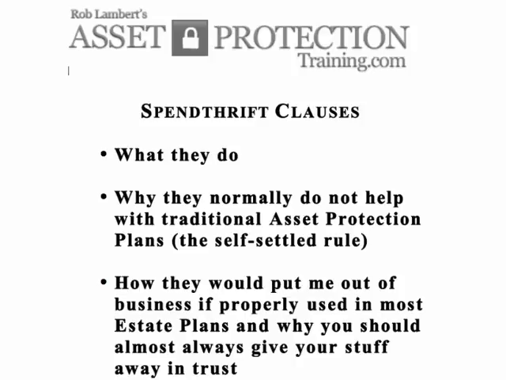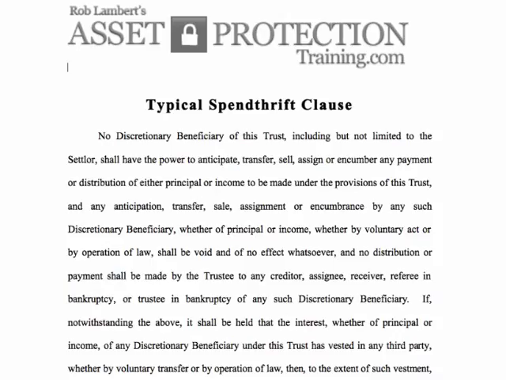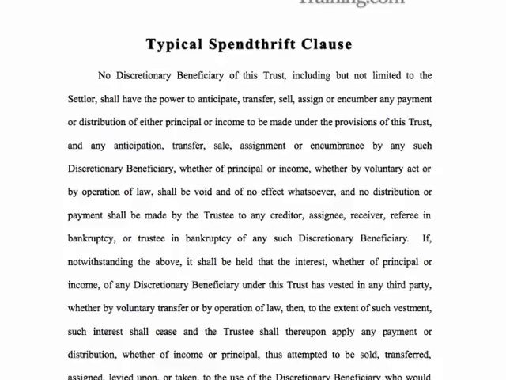People would not need to do asset protection planning except in rare cases if everybody who willed or gave anybody any money did so in trust and simply made the person to whom they're giving the assets the trustee of this trust. Now I'm going to show you a sample clause. Very, very simple. This is a typical spendthrift clause. Let me read part of it to you.